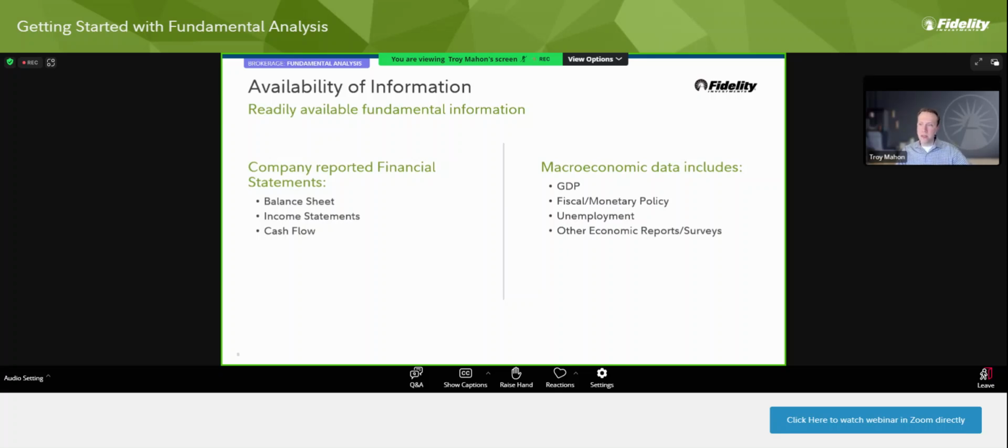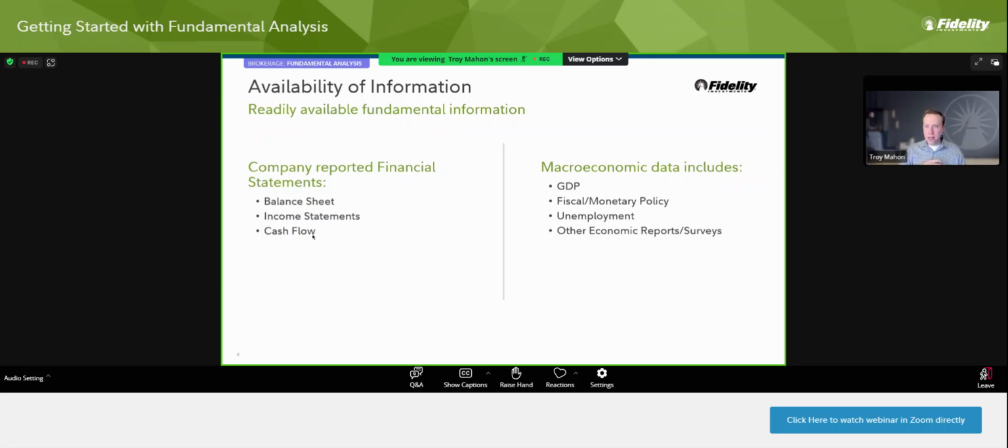we're performing fundamental analysis? One of the main things is companies' financial statements. The three main financial statements are going to be a balance sheet, also sometimes referred to as a statement of financial position, an income statement. This is revenue, this has earnings, operating income. We also can look at things like cash flow.